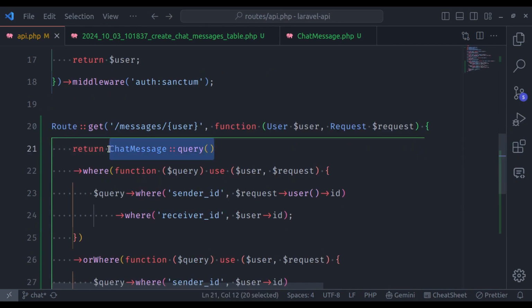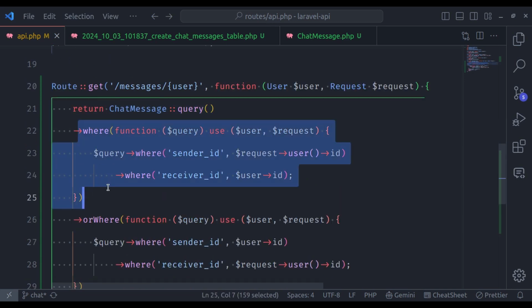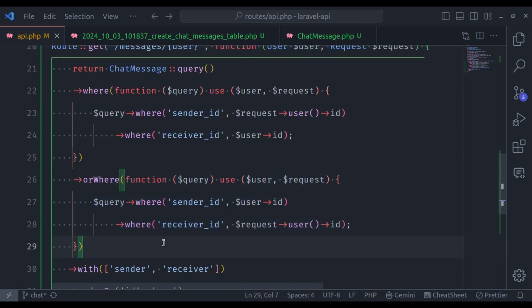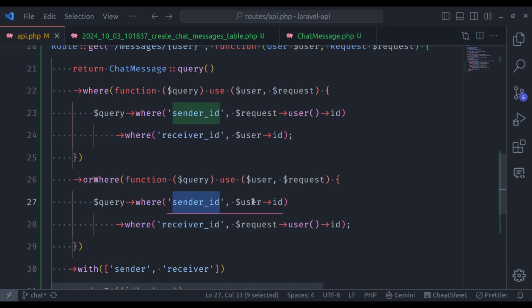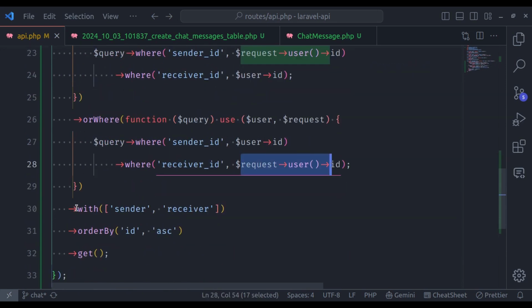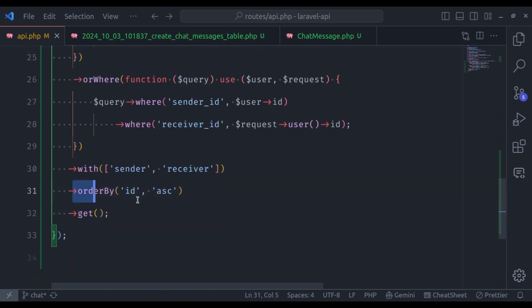First, this chat message query creates a query to fetch the chat messages. In this where condition, we are going to make query that where sender ID is currently logged in ID and this receiver ID is going to be this selected user. Next, in the or where condition, we will do opposite. Here the sender ID is going to be the selected user ID and the receiver ID is going to be the currently logged in user ID. Next, we eager loaded this sender and receiver relationship methods. Finally, we ordered these messages by their ID in ascending order so that the chat history is in the correct